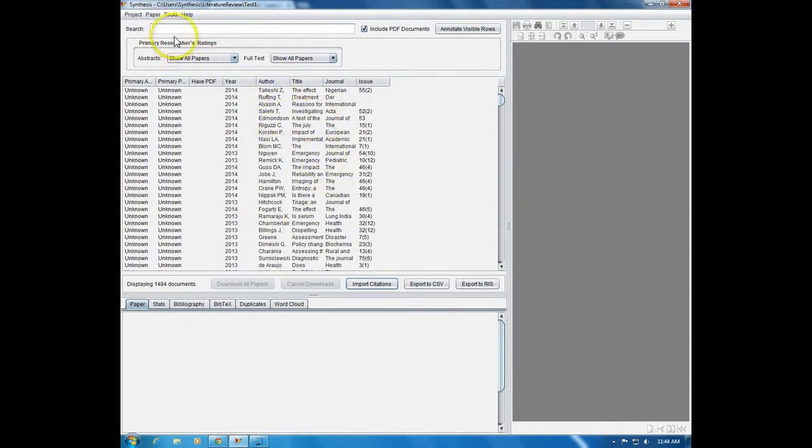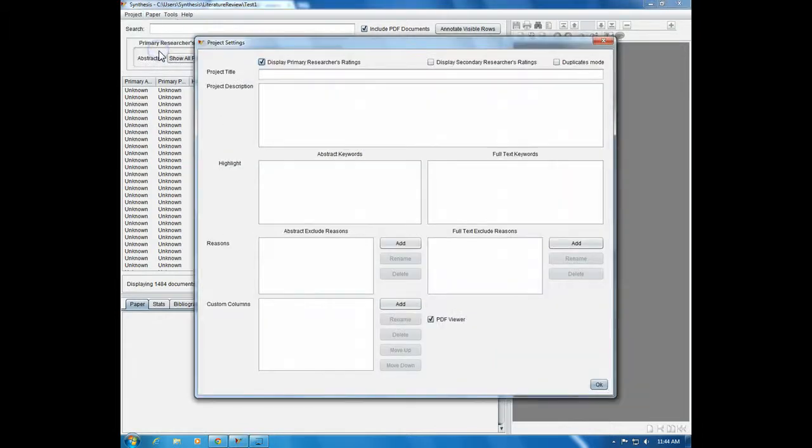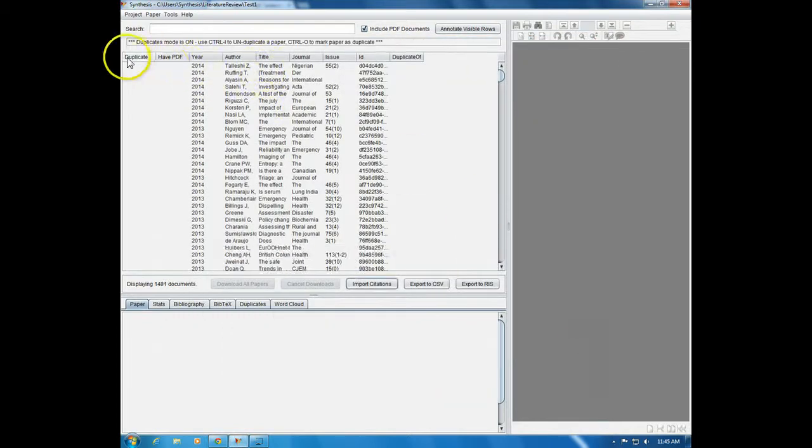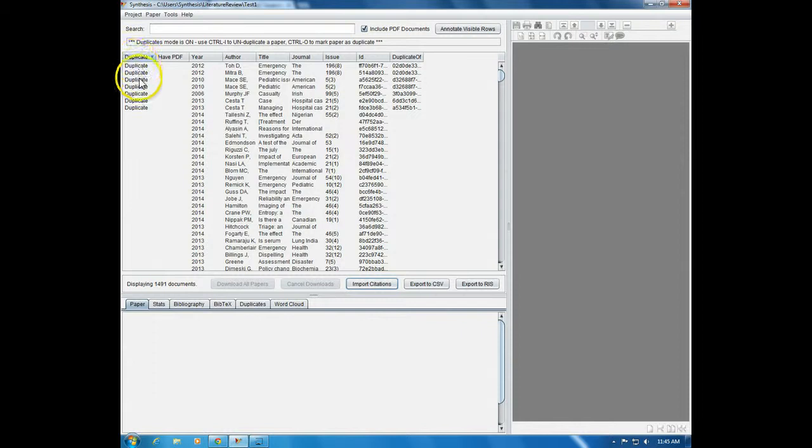And so to validate it by hand, you would head into project and choose project settings. And in the upper right hand corner of your project settings, there's a duplicate mode option that if you click on that, and then you choose OK, you will then be sent to the duplicate